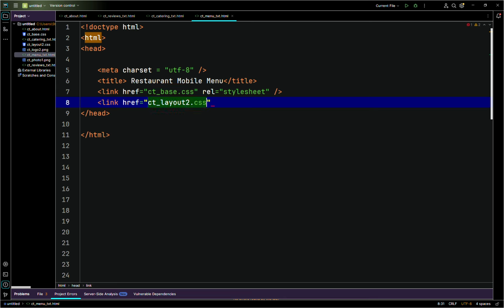Do we have layout 2? What layout do we have? Okay, so we have that. We'll say rel points to stylesheet. Close the block there. That should close our head block, and then here we'll have